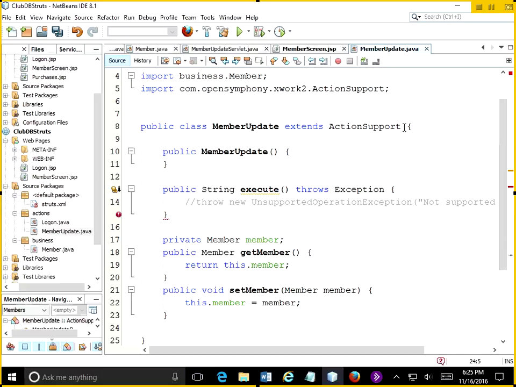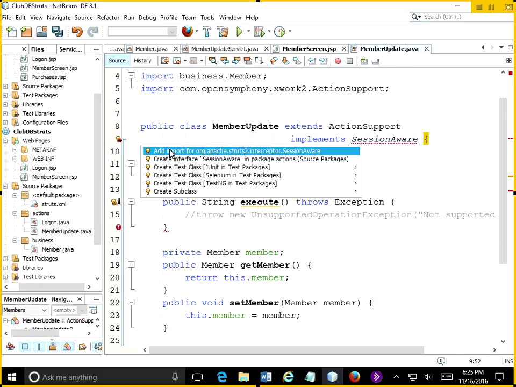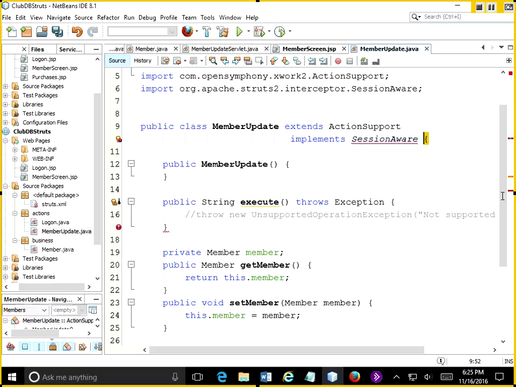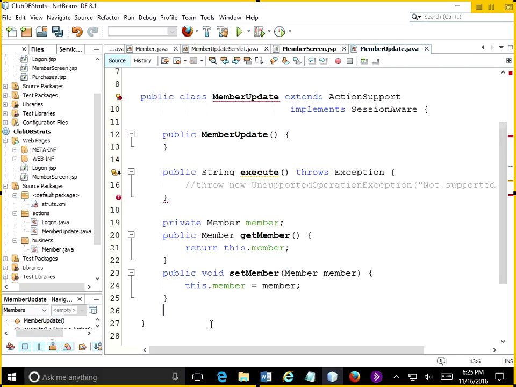While we're here, well, I don't know if we're going to have this one be session aware or not. Maybe, no, I tend to do it out of habit. I'm going to go ahead and do that. I'm going to implement session aware. And that will require us to put our private map object session,